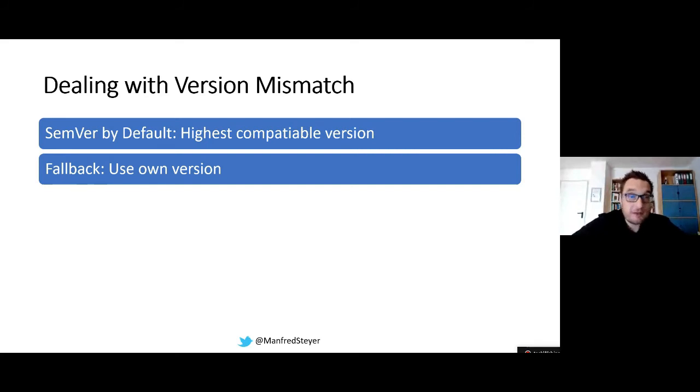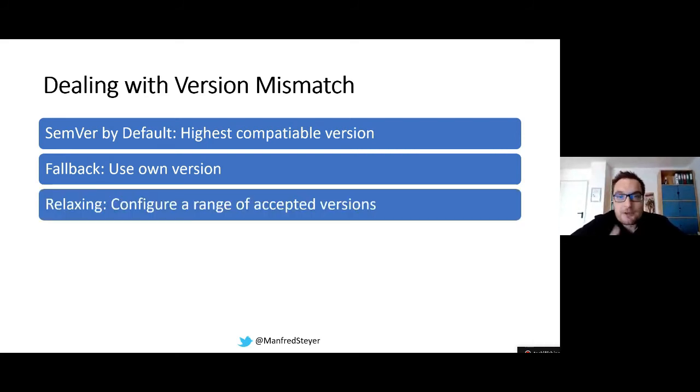If you don't like this behavior, you can relax the accepted version ranges. For instance, your micro frontend could say, well, ideally I would get Angular 10, but I also work with Angular 9, because between version 9 and 10, not much changed. Yeah, it was a new major version, Angular 10, but honestly, it was more of a maintenance version. And so it should more or less be backwards compatible to version 9. So you can just relax the accepted versions. It's just a matter of configuration.